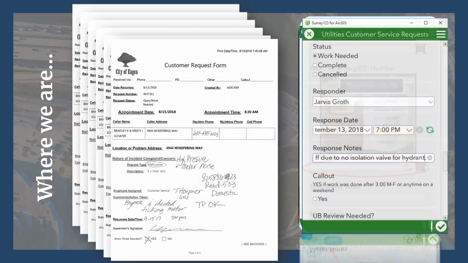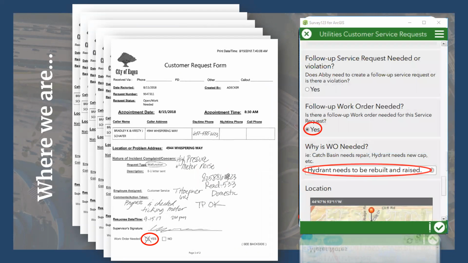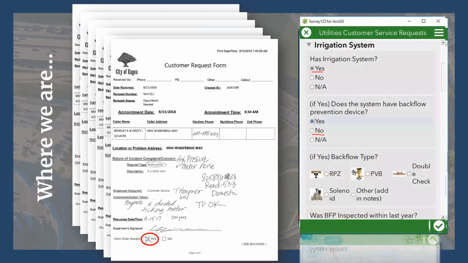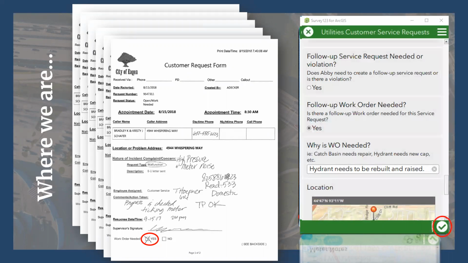We have utilized some of the conditional responses to assist the crew in knowing what's required to be entered in a specific scenario. For example, there are times on a specific request when a new crew member needs to identify follow-up work needed, and there are available spaces for this that trigger help to them so that they understand what they need to enter. Or if a crew member indicates that there's an irrigation system, for example, the user is given an option and even offered a group of pictures to help them identify what kind of backflow prevention is in place. Once the survey is submitted, it's done, which means no more data to enter back in the office.